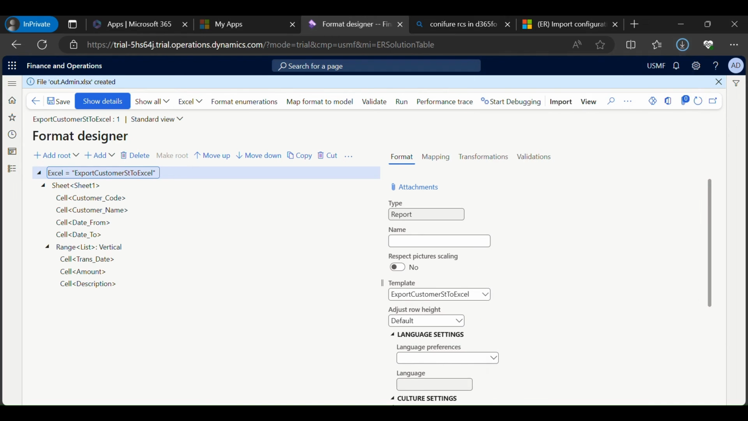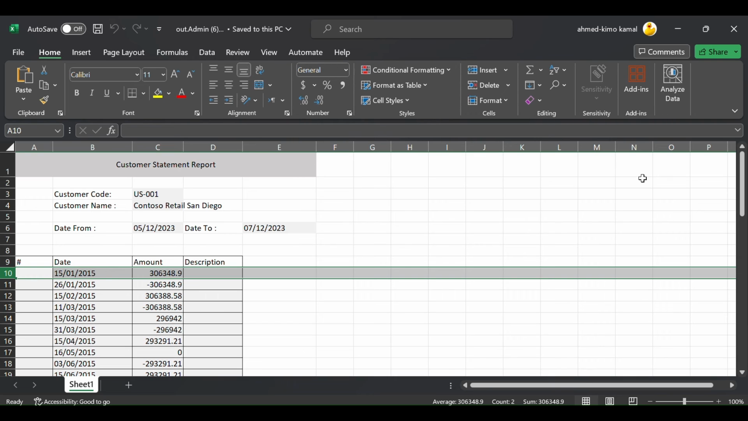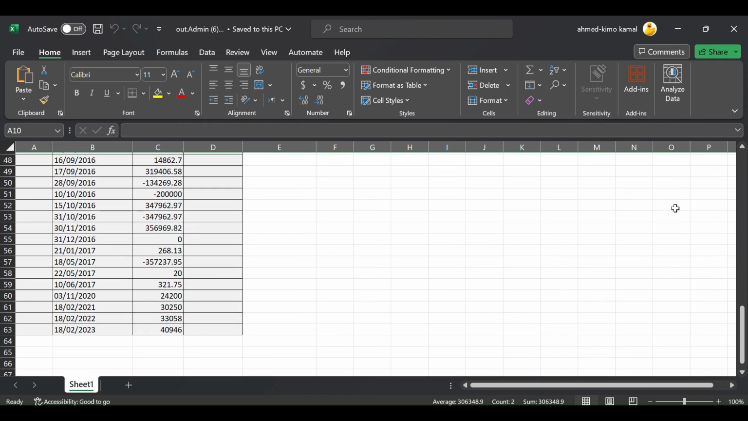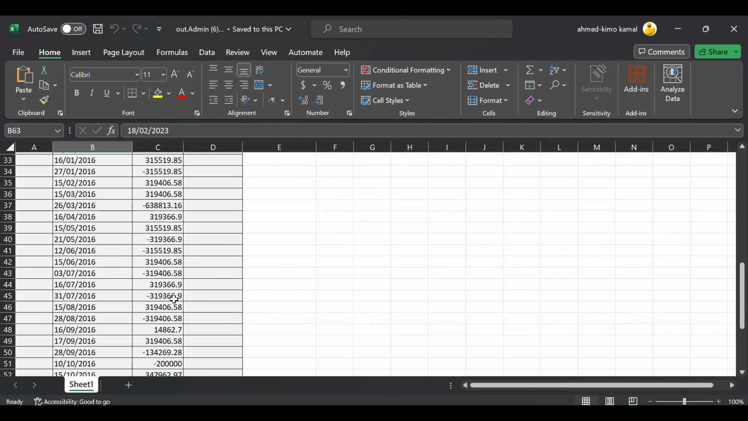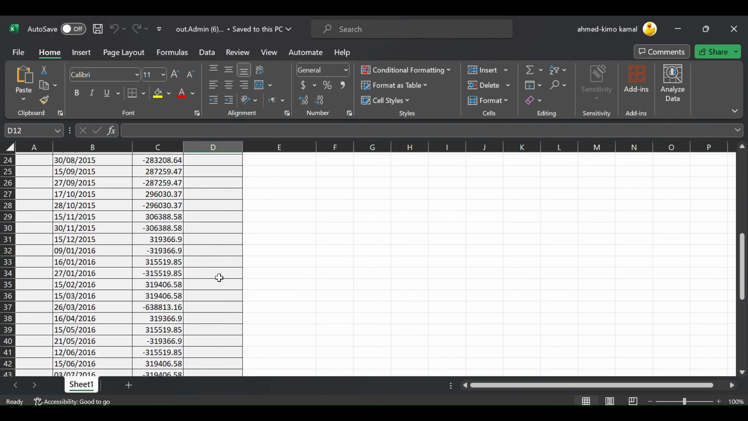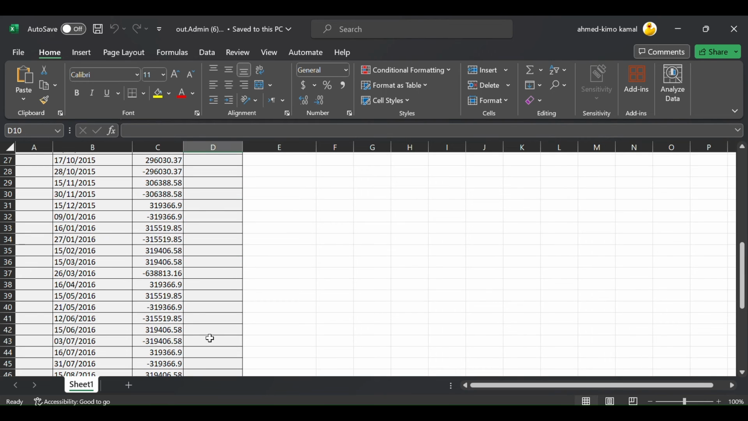A new file generated here, which is number 6. Okay, now it's not accumulated, not aggregated. Okay, as I can see here, there is no description written. And also, for example,